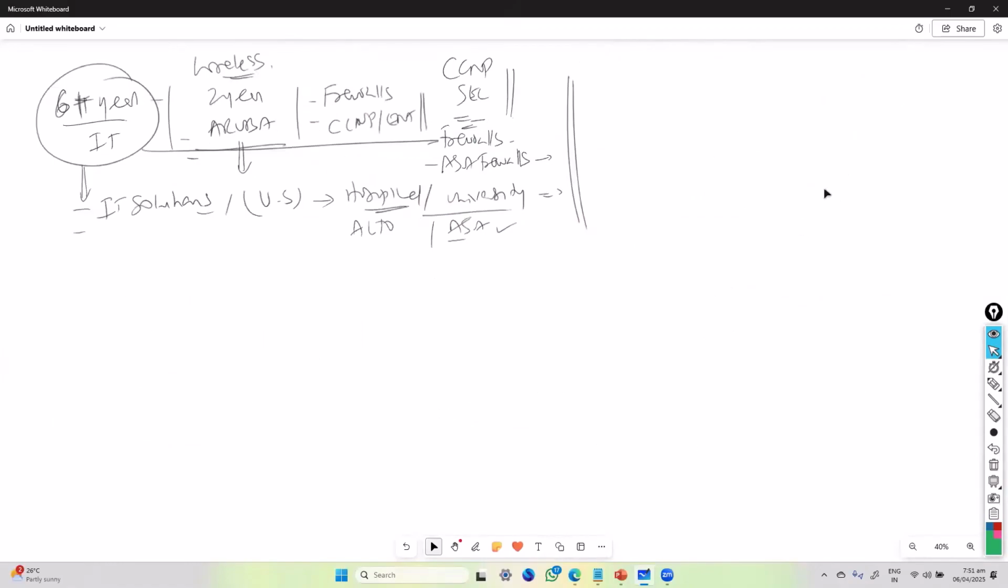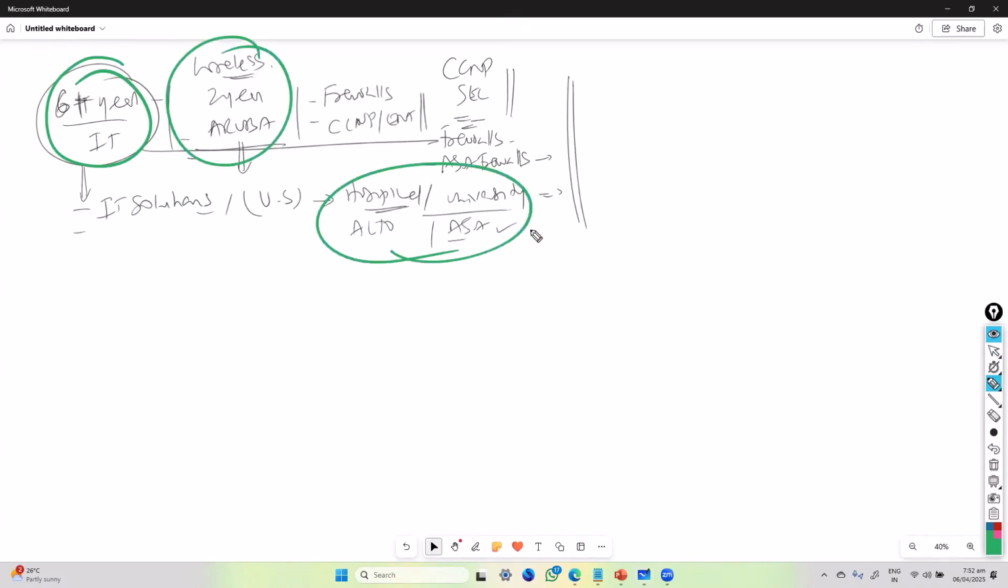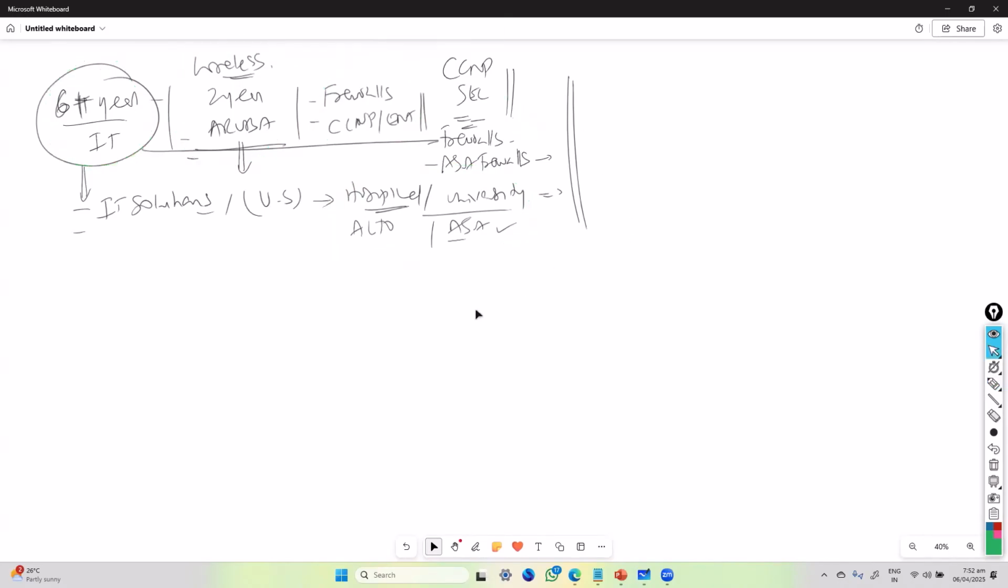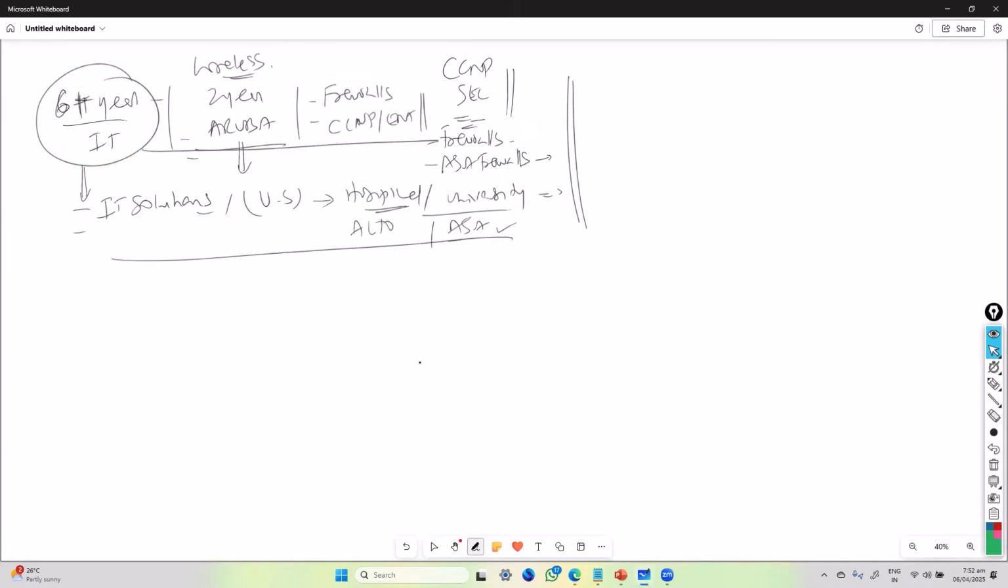Okay, so basically the query here is that you have been working for more than 6 years in IT, majorly on wireless, setting up hospital and university networks. You also have some firewall experience, and you want to add some additional skill sets like CCNP Enterprise. Okay, now the first thing you have to analyze is